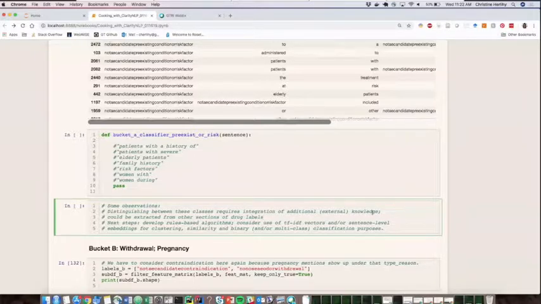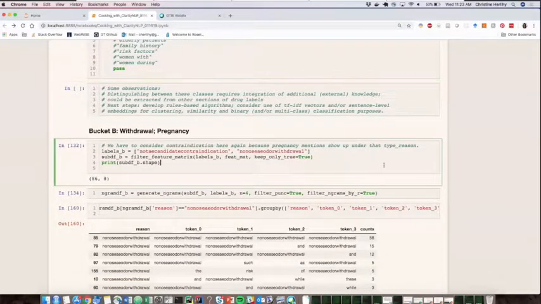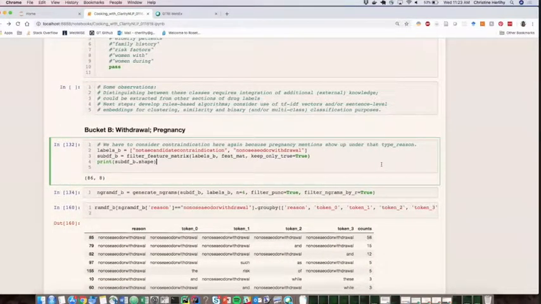And that could potentially be useful for understanding some of the nonlinear relationships that might exist here. So I'm going to turn it over to Charity to talk about bucket B. Sure. So bucket B, what I wanted to do was sort of take some of the work that Christine had